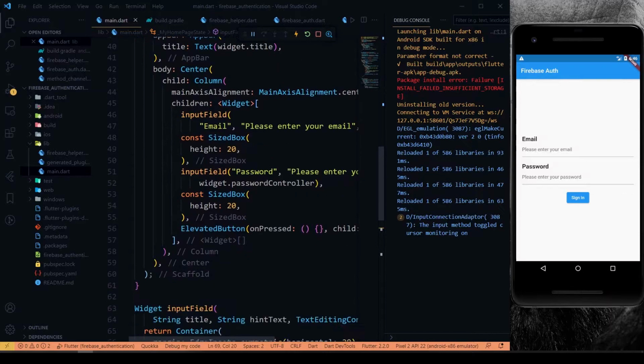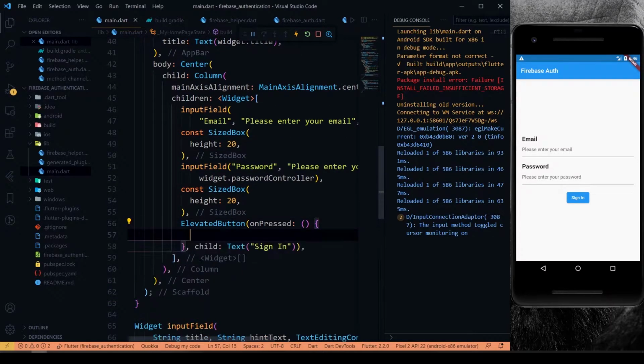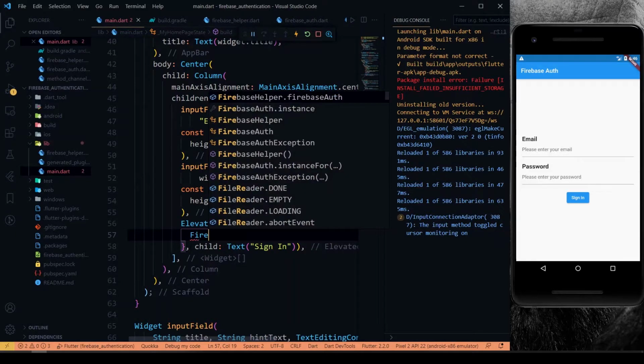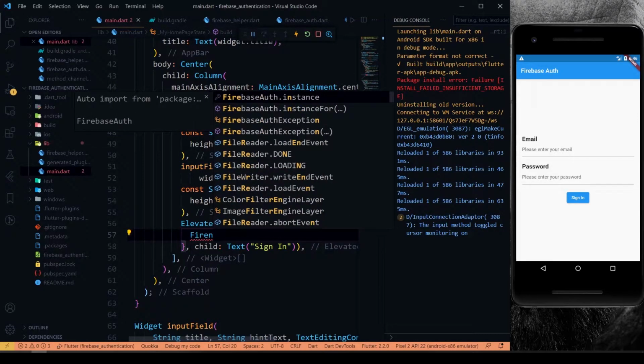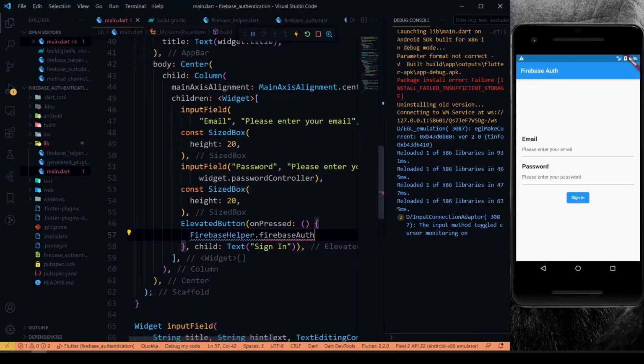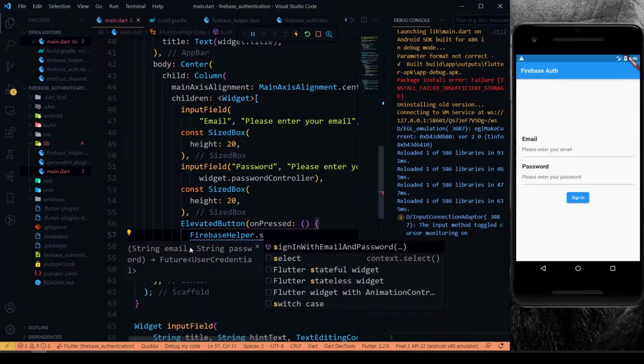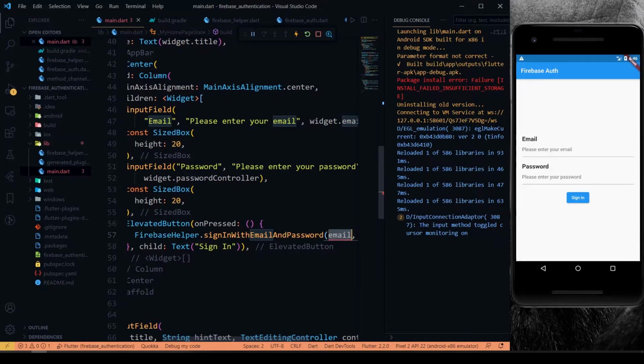And we'll call our Firebase auth helper function here on press of the button. Just import our class here. Instead of Firebase helper, we'll be calling our sign in with email password method.